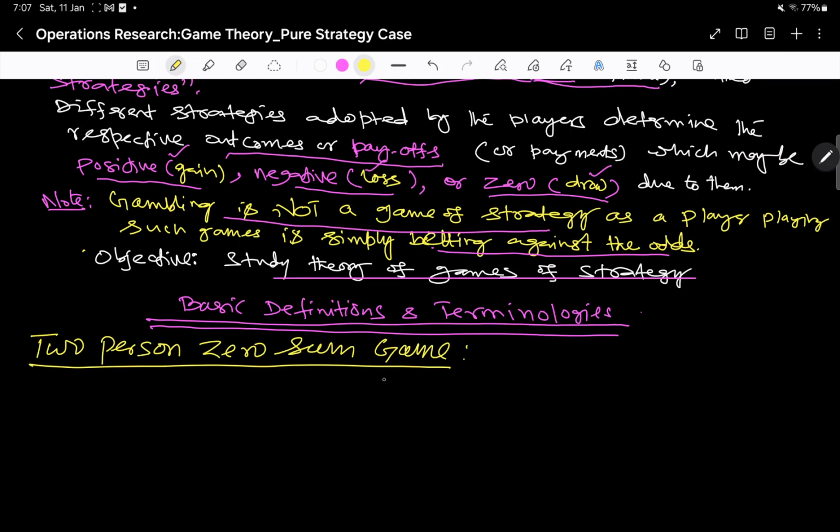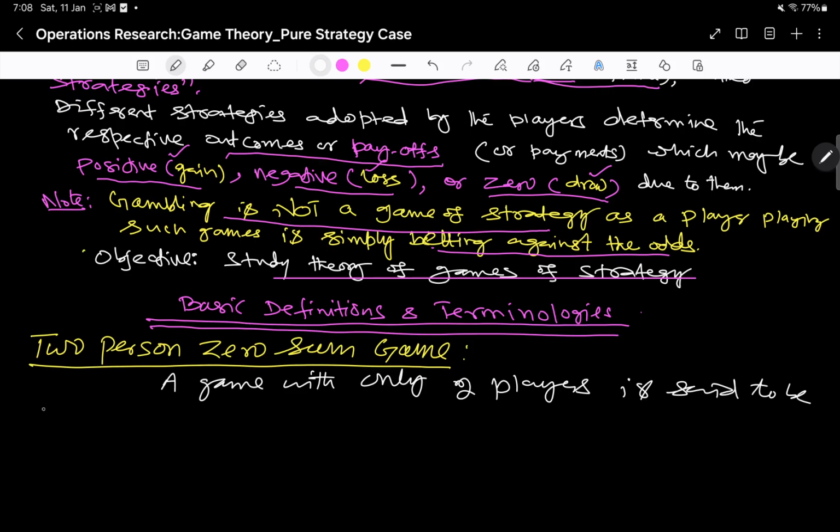Now coming to a two-person zero-sum game. A game is said to be a two-person zero-sum game if there are exactly two players, and the net outcome is 0 out of the playing of the game. So let me write: a game with only two players is said to be a two-person zero-sum game